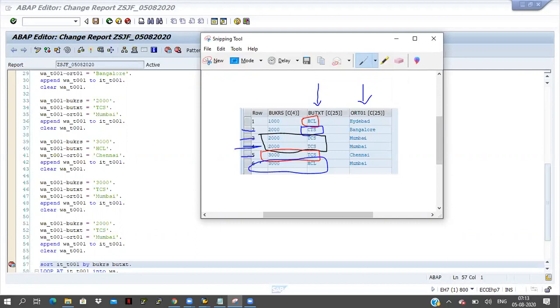And Mumbai is coming in the next record, and fine. Now Mumbai is coming, and the next record is also Mumbai. At that time, what will happen? It will check that before Mumbai two fields are there, and it will check the two fields also. Here TCS and here 2000, and here also TCS and here also 2000 is there. It will check how many fields are there on the left side of that field. All the left side fields it will check.